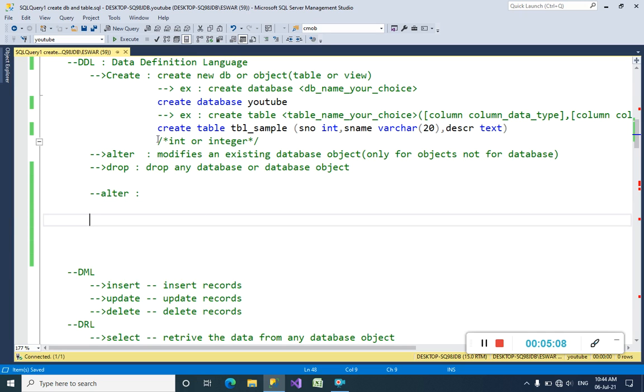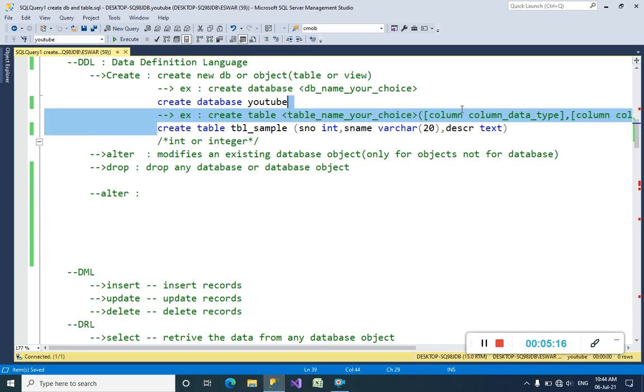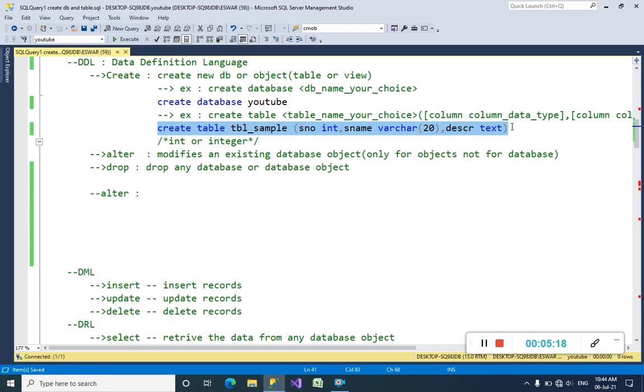Suppose I have created a table like this. I am going to execute this command. When we are going to execute a file, you must select the command first, and then we have to execute.